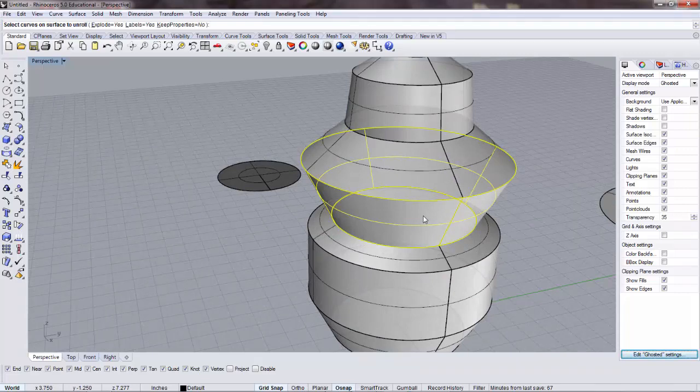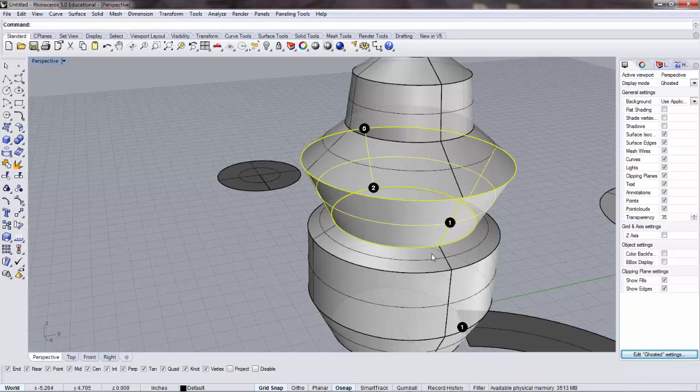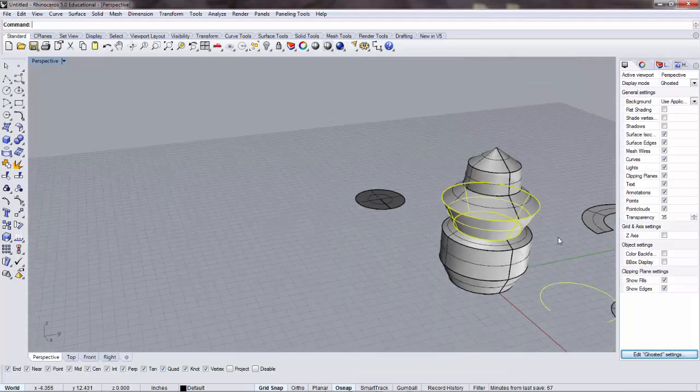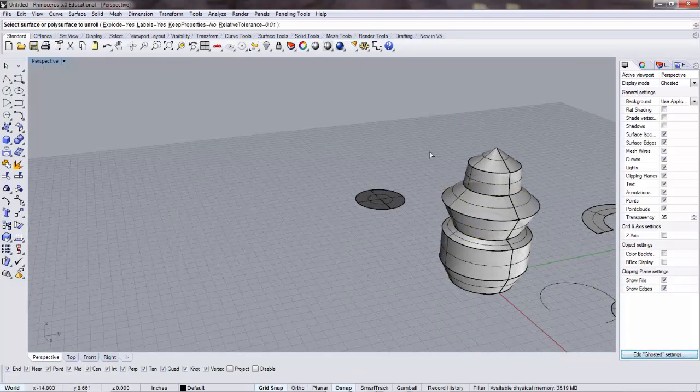Select the surface, select the curve on the surface. Oh, I have to, it will remember your last command. So if I undo this and I hit return, select surface unroll, it remembers the last time I asked to label it. So if I need to turn that off, I have to go to